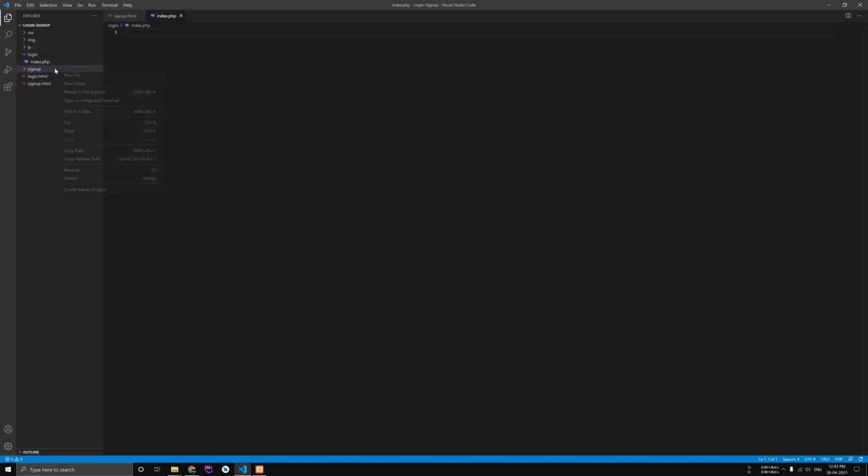Also create an index file. Okay, now we have two folders, login and sign up. Now we need a folder to keep all our classes. So name it classes,